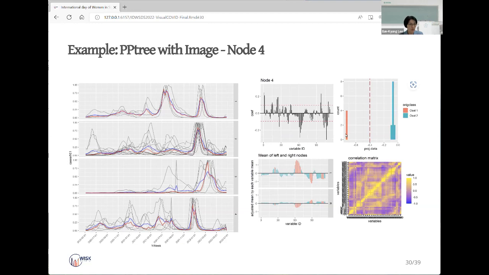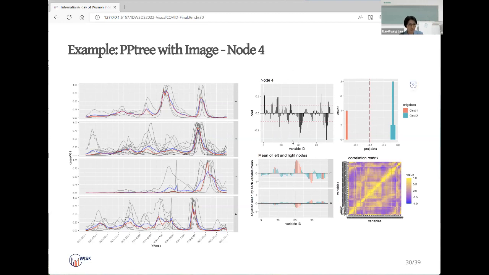And node 4 splits clusters 1 and 2. In the profile plot, cluster 1 shows a high peak in Delta and a small peak in Omicron and subtle ups and downs in the other period. Cluster 2 shows a high peak in Omicron and big fluctuations in the other period.